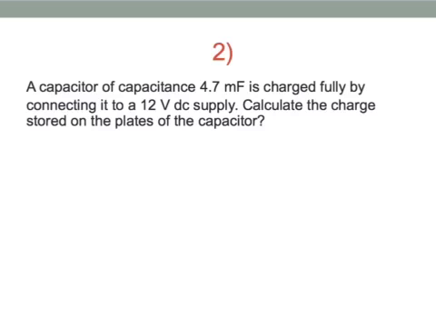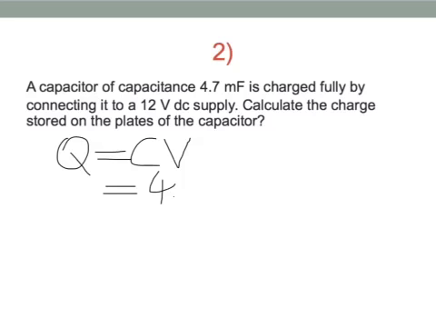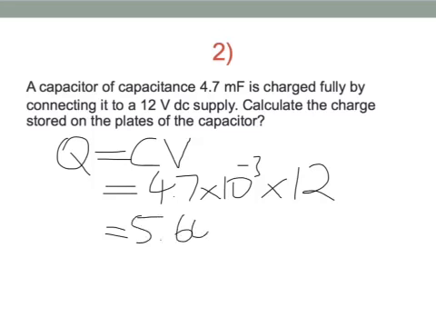So just rearranging the capacitance equation, making charge the subject, Q equals C times V, and then putting the values in carefully. 4.7 times 10 to the negative 3 is our capacitance value, multiplying that by 12, the voltage, we end up with 5.64 times 10 to the negative 2